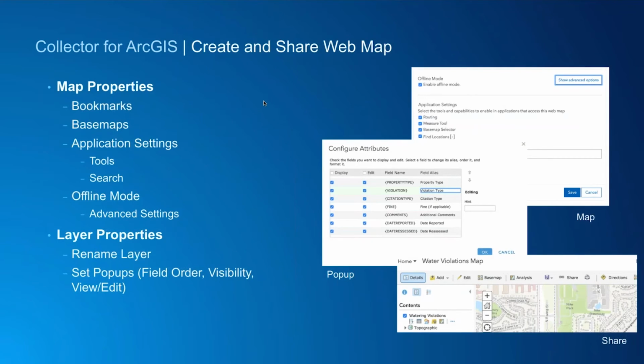Map properties, we showed you the bookmarks, the base map. There's also the one thing I missed showing you that I wanted to show you, which is the application settings. So we'll go to those map item details and I'll show that. That's where you find also the advanced offline mode that I was just talking about. And there are other layer properties, like renaming it. I didn't set a scale dependency, so if we only want those features to show up at certain scales, we could do that. And also the form